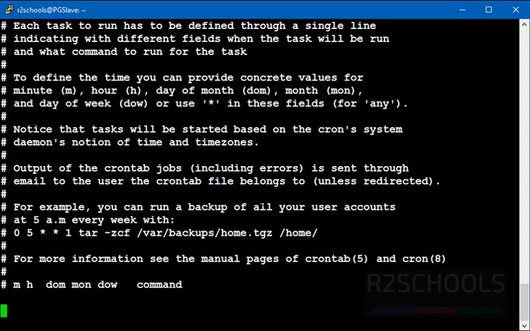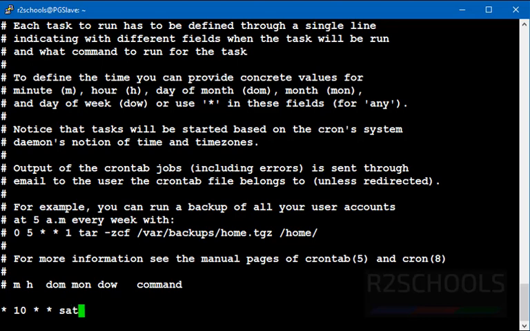Let's create a job which should run every Saturday at 10 a.m. The first field is minutes, so 10. The second is hours, and here I am giving 10. Next is day of the month, every day, so star. Then month of the year, star, then day of the week.